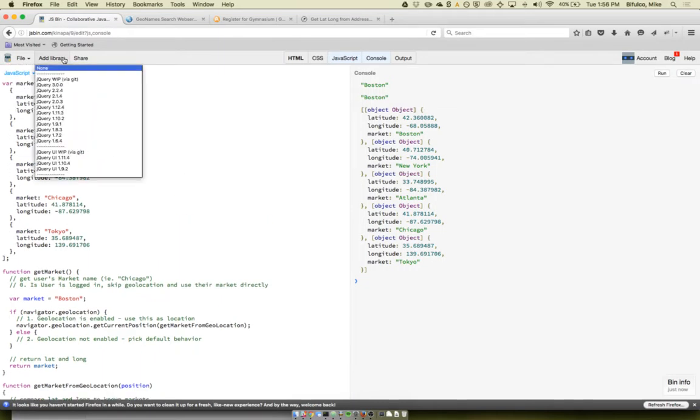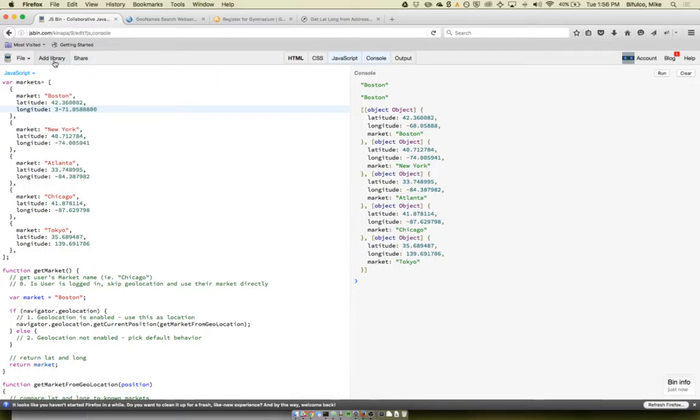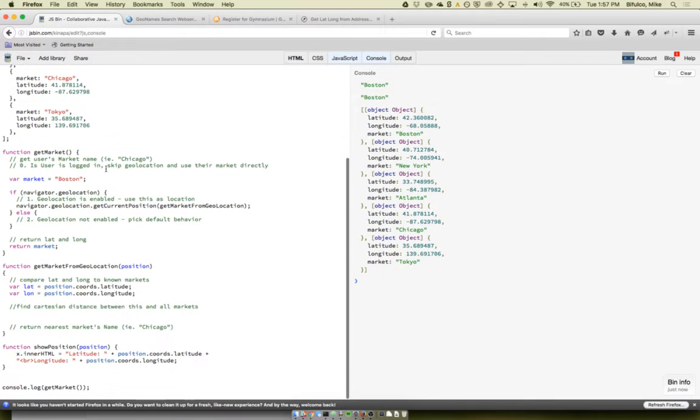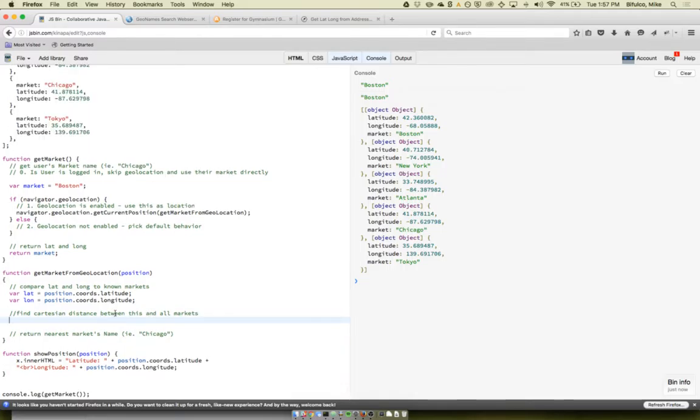Okay, we are also going to add the jQuery library to this. Come on, JSBin's having a moment here. jQuery 3, perfect. Actually, I think I used jQuery 2 too. Which means I now need to remove jQuery 3. Okay. So I'm going to use jQuery to do some looping things inside of here. So I'm going to say